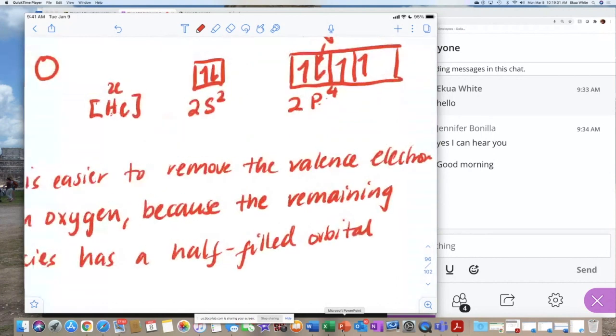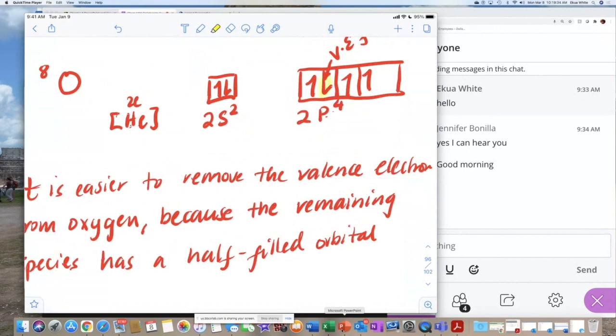Okay, so if we remove this electron here, what we leave behind for the oxygen is